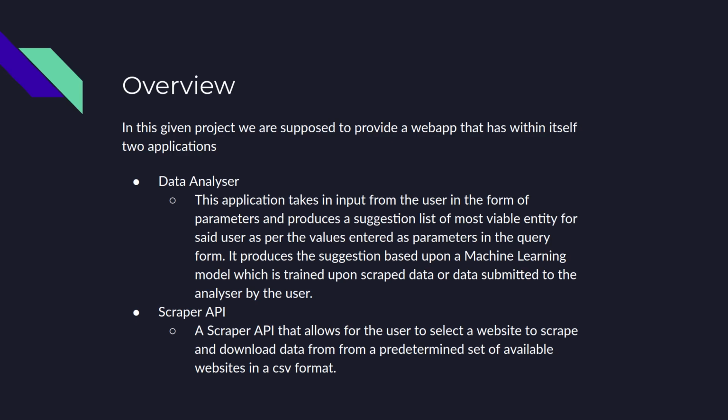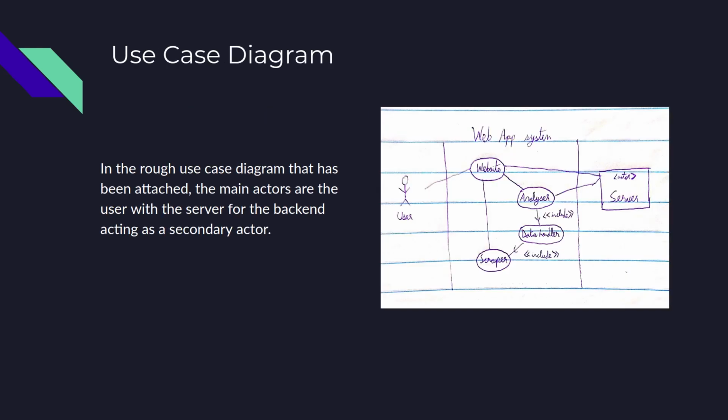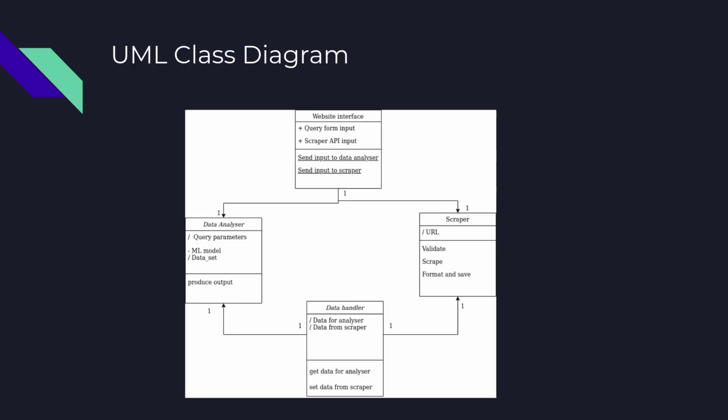For the scraper API, it allows the user to select a website to scrape and download data from a predetermined set of available websites in a CSV format. The project setup required the following modules as can be noted as of now. The use case diagram for the project is as presented on the screen, with the corresponding UML class diagram for